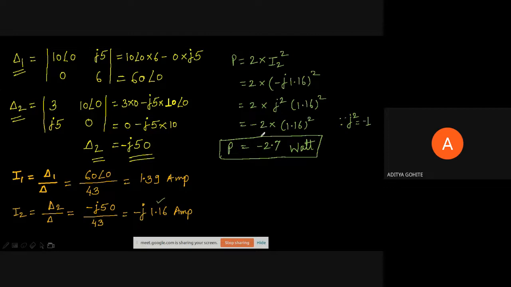Hello, sir. Yes, sir. बोलिए sir. Sir, j is equals to under root of -1, the imaginary number. हाँ, j is equal to square root of -1. Sir, in mathematics we write it as I. Here we have written it as j. हाँ, तो दोनों terms generally use किए जाते हैं. अगर आप I use करते हैं तो उसका भी मतलब वही है. In some books it is written as I. Generally mathematics वाले लोग I use करते हैं. And in some books of network analysis and basic electrical, it is written as J. Okay, sir. But the meaning is same. Okay, sir. Thank you, sir.